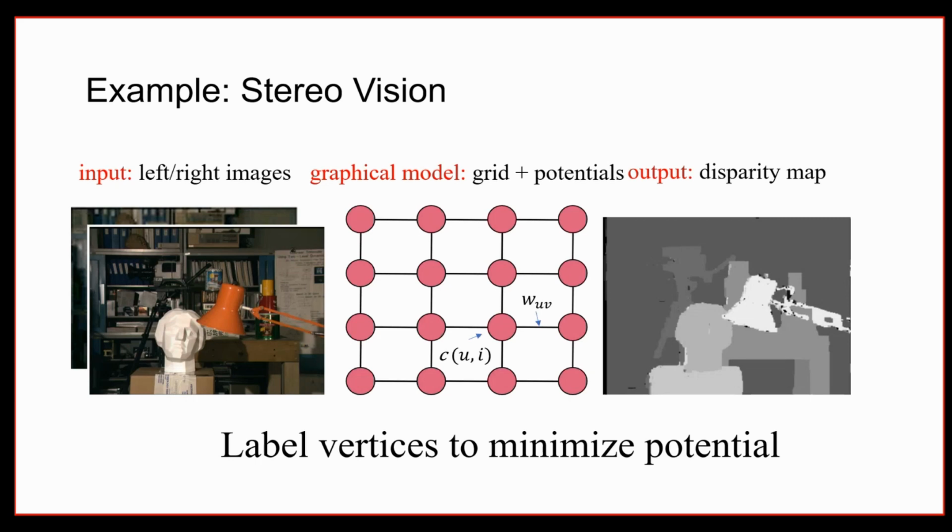Are they non-negative or can they be negative also? The weights and the C. So the W_UVs are all non-negative. And for C_U(i), it doesn't really matter. Even if you have a negative cost, you can just add a constant term to everything and make it positive, and that doesn't actually change your optimization problem. So we can assume that C_U(i) is non-negative also, but it doesn't really matter. For W_UV, you definitely need it to be non-negative, because if it's negative, then we cannot use the particular algorithms which we will discuss.